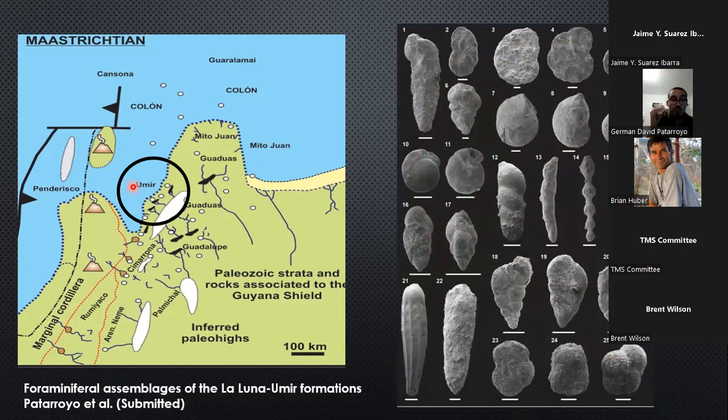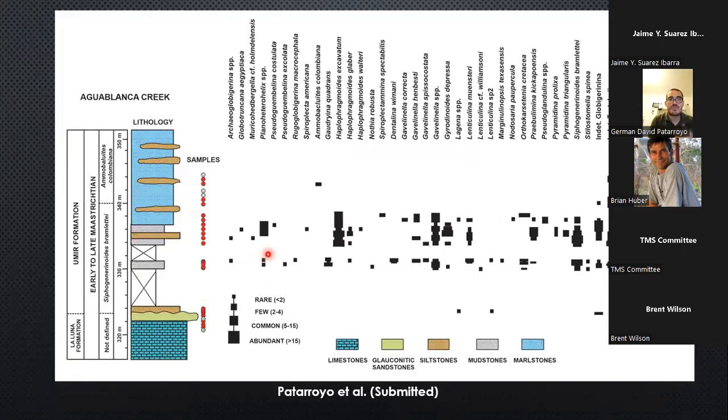And we were able to record a kind of mix between something that we have in Diablito and something that we weren't able to record in Diablito, but that is also reported in the Colón formation. We were able to track some foraminiferal assemblages related, at least for some part of the section, with middle shelf conditions in the lower part, and the upper part is really similar to the foraminiferal assemblages that we have in